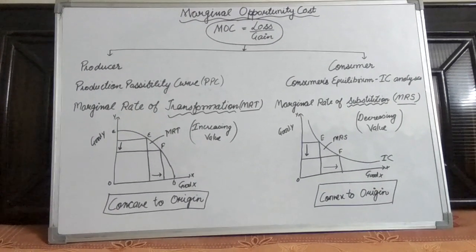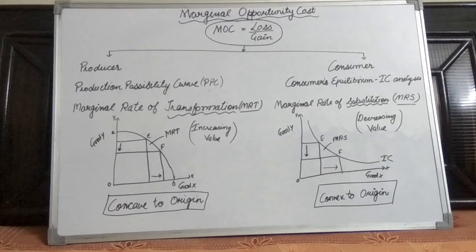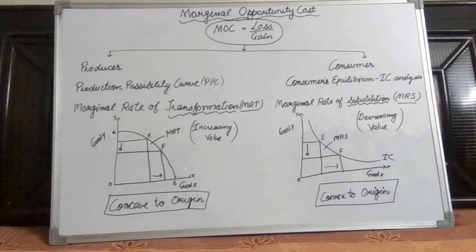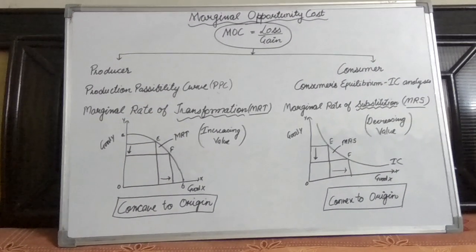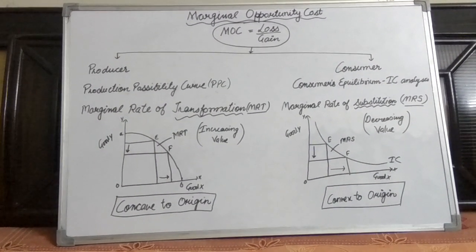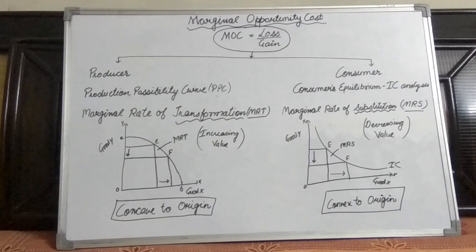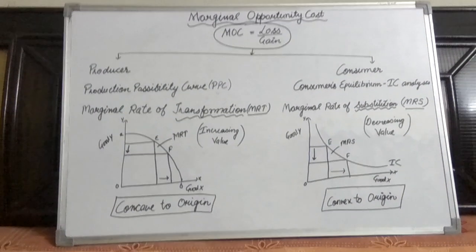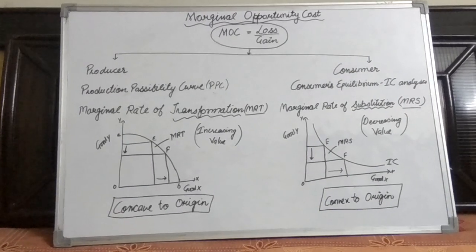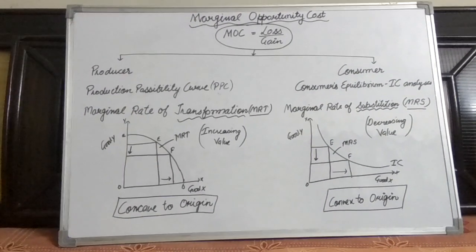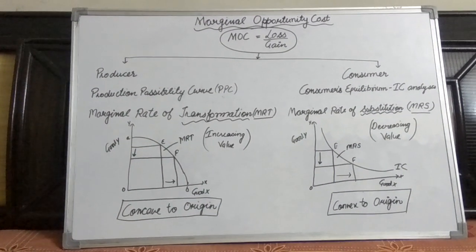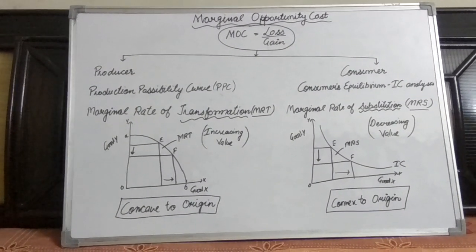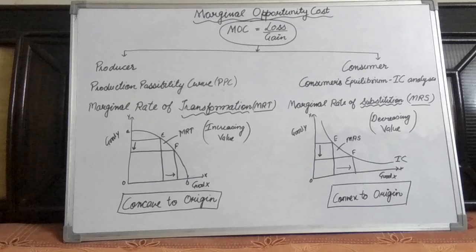According to the given values of the indifference set, we have received a downward sloping IC curve, and on the curve again we have 2 points E and F. The triangular region between these 2 points EF is termed as MRS, that is marginal rate of substitution. And due to the decreasing value of MRS, the slope of IC curve is convex to the origin.